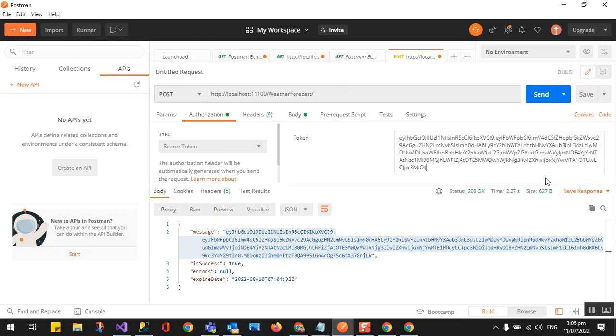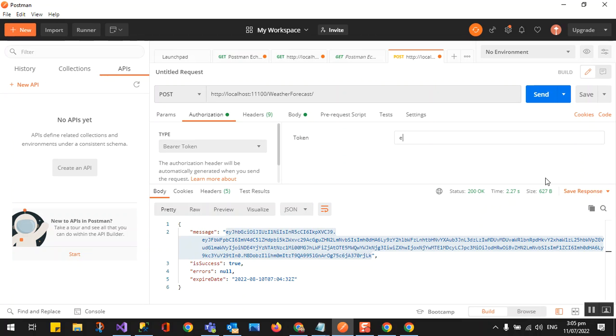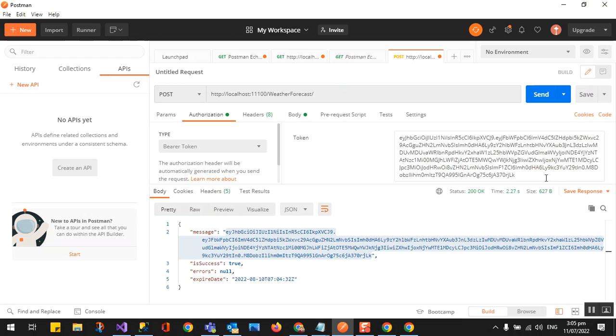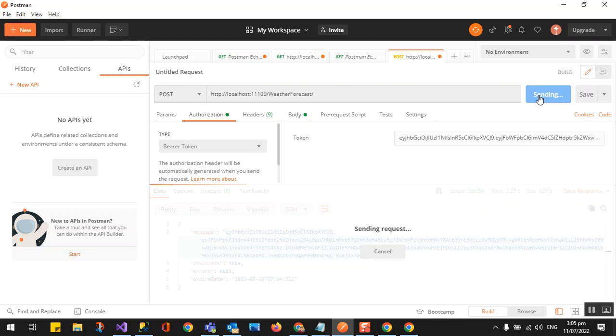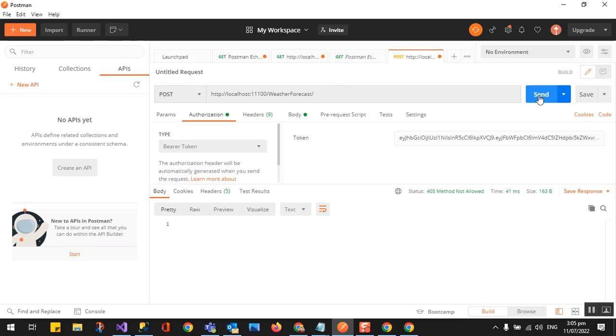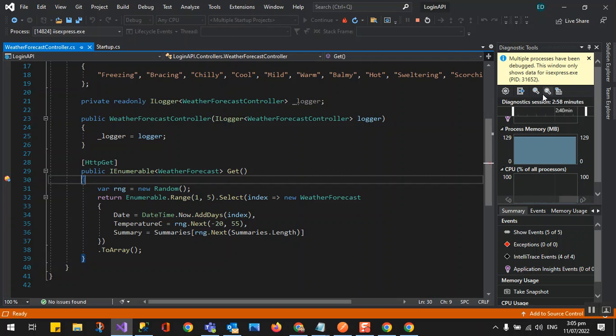So once you log in, you have the token, and as long as it's not expired yet, you can inject it in the header to request a protected endpoint, just like that. Okay, so this will go to the weather forecast endpoint. Weather token method not found. Now again, this is a GET request, not a POST request.